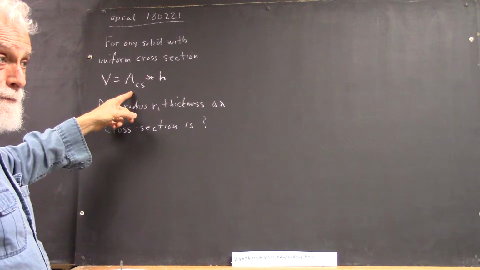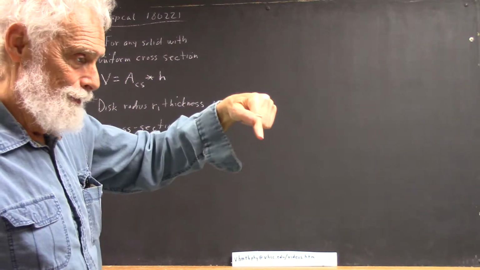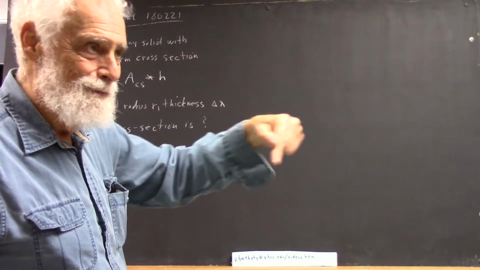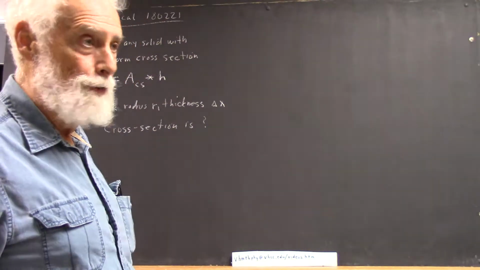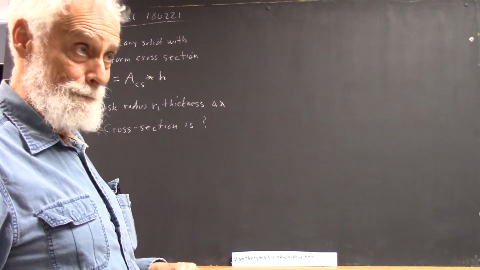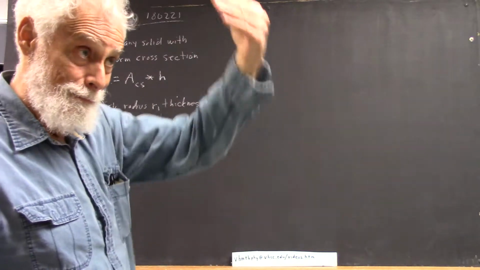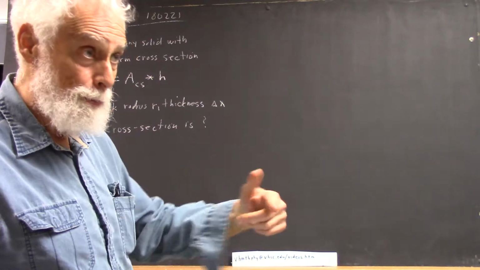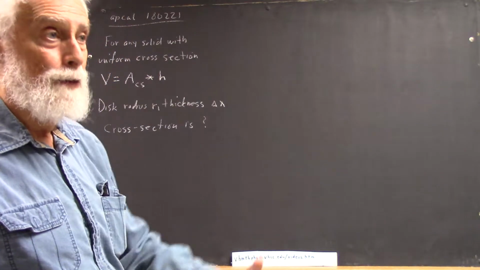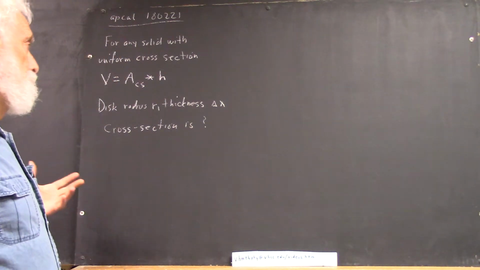Okay? Could be a prism, which would be something that has straight lines on the boundaries of its cross-section, okay? Could be elliptical, an elliptical cylinder, you know, wider this way than this way, but uniform going up and down, right? Okay, so